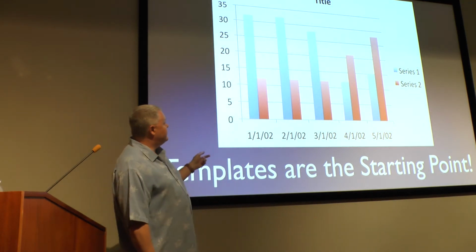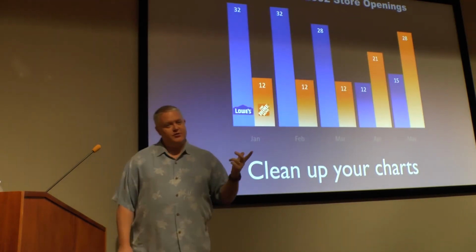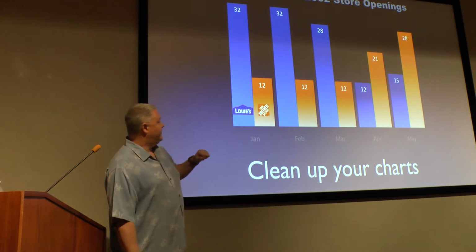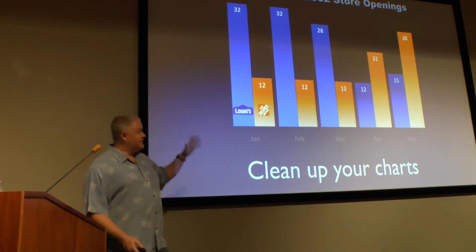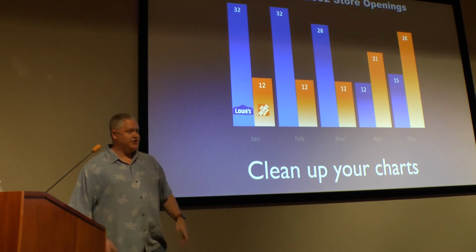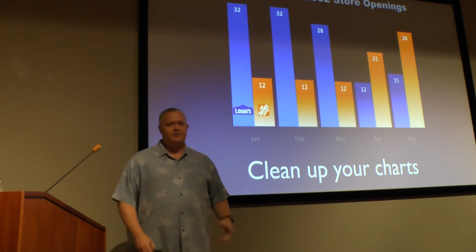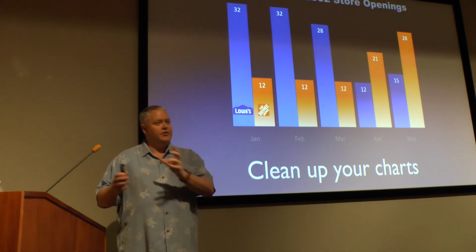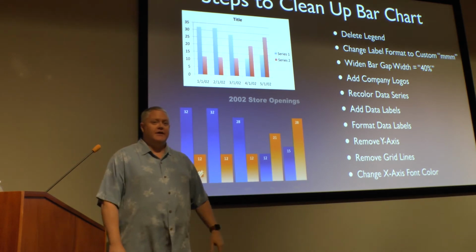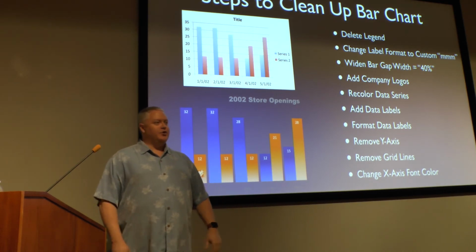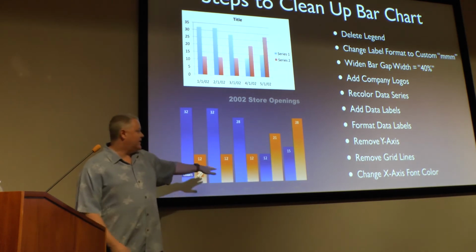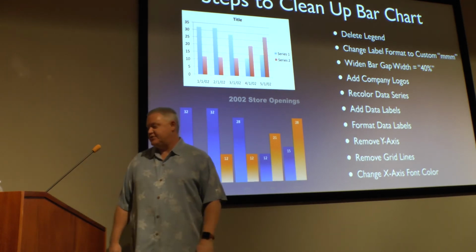I can take this chart and clean it up and turn it into this chart, which is much more relevant to the data. So this is store openings for Lowe's and Home Depot. I've removed a lot of what I call the visual noise, a lot of the grid lines, a lot of the axes, the color key on the side, and colored the bars to actually be related to the logo colors, so that now this bar chart is directly related to the companies I'm talking about. This takes about 10 steps in Excel. I never left Excel. This is not like go into Adobe Photoshop and make some major changes. It's just using the tool you have, but customizing that data visualization to what tells a better story.